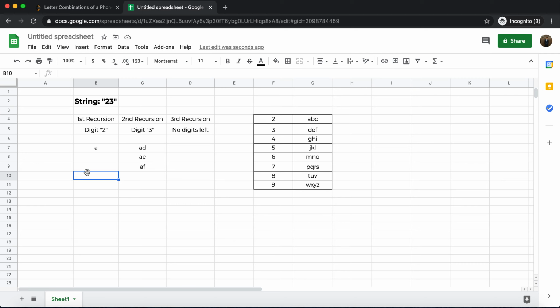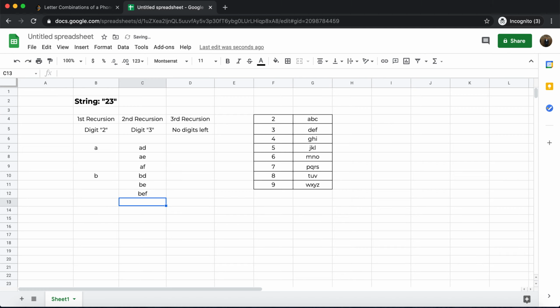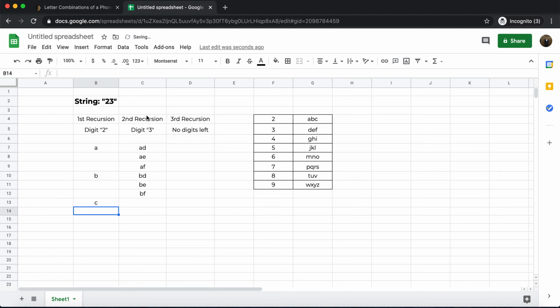That function is not done yet, as it still has 2 more letters to go. So the whole process is repeated for letter B, and the combinations BD, BE and BF get generated similarly, and then the process for C gets repeated. I hope that makes it clear how these recursive functions help us produce the output that we need.